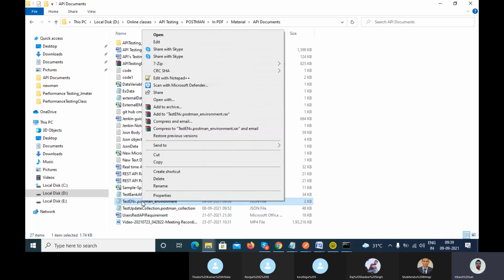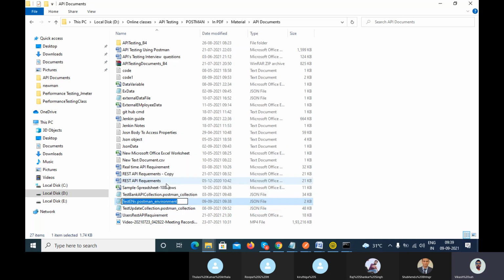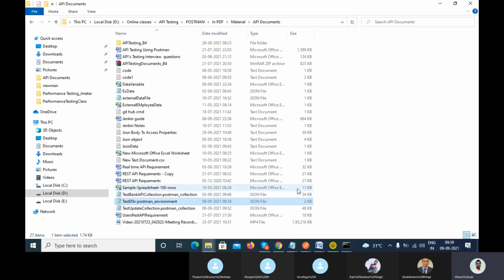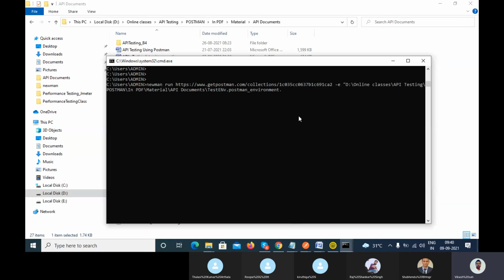I will go here and pass the file name. When the file is exported, the extension is always JSON, so here you have to use JSON. Correct? Now, when you execute this,